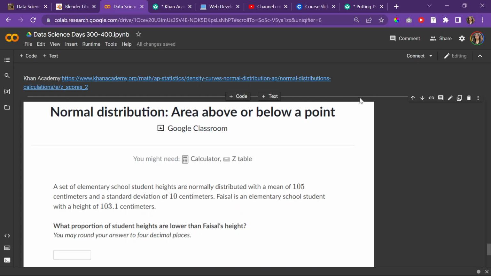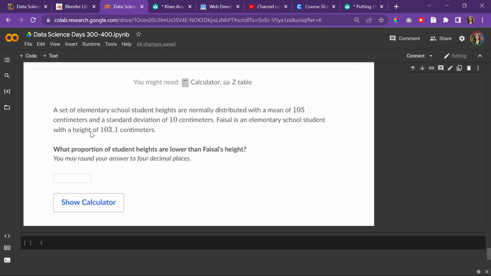I basically have to find the area or the proportion below a certain point or a certain value using a normal distribution. I'll first just find the answer super quick using Python, and then I'll do it by hand. And by hand, I mean with the calculator. That's how you would do it in your normal class, because you can't really do this without a calculator, with the TI-83 and then the TI-84. All right, so